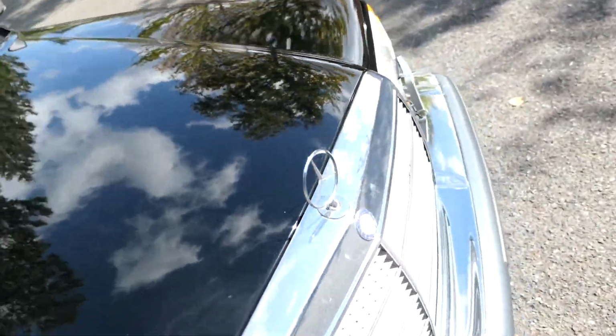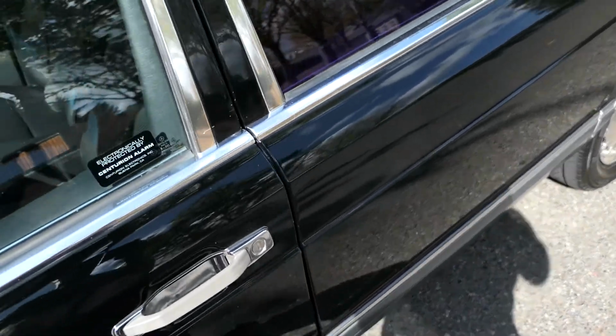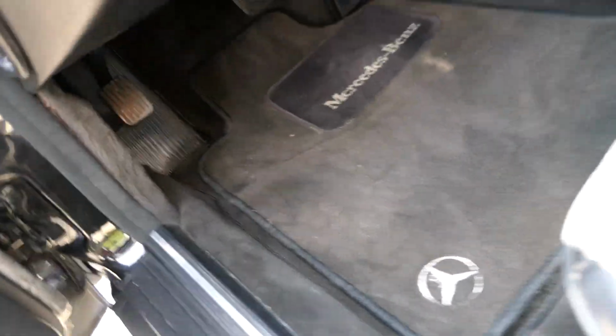It's really clean under the hood. It's all natural, preserved state. How it's been cared for. It's not steam cleaned or Armor All sprayed all over the place. So I'll take you under the hood. Maybe the sun will go around the clouds, but